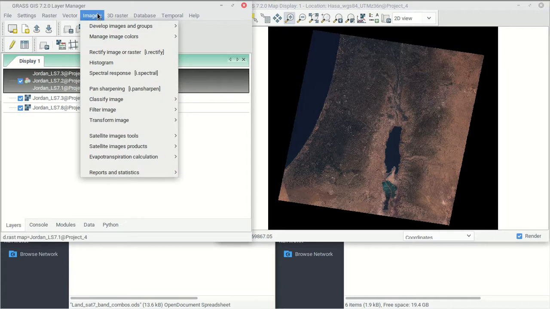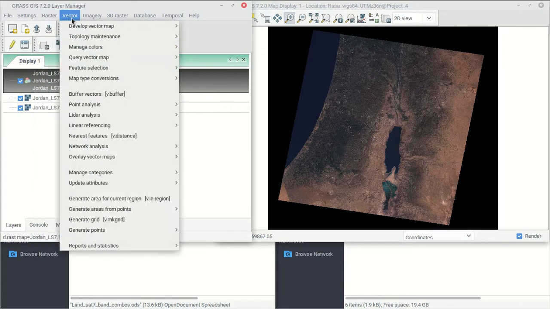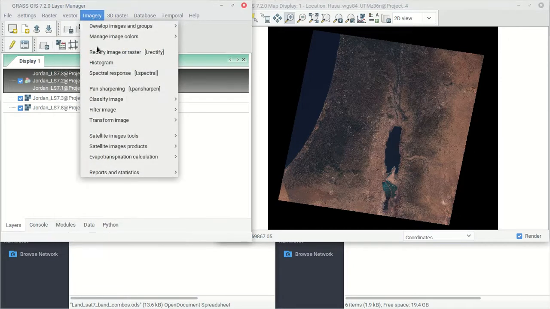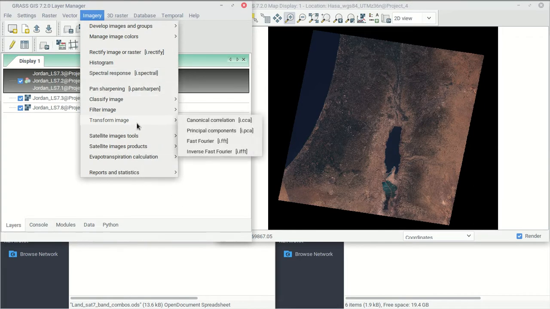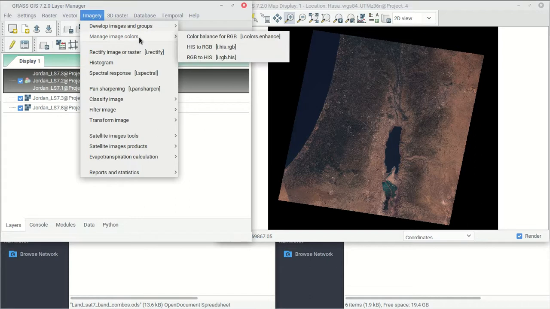We're going to go to the Imagery tool tab. This is one we haven't actually seen. We spent a lot of time over here in raster and vector, but the Imagery tool tab is definitely something that we're going to want to learn about. So what we're going to do here is go to Manage Image Colors and Color Balance for RGB,